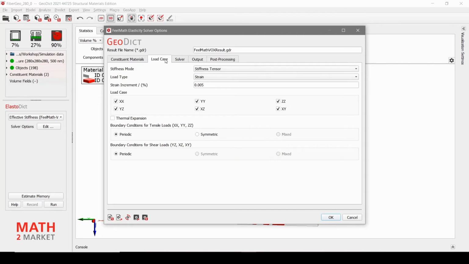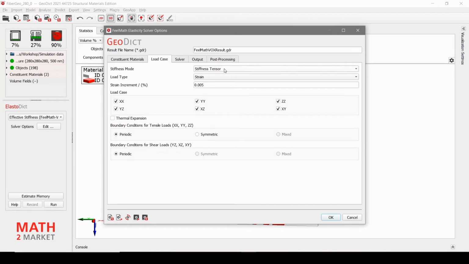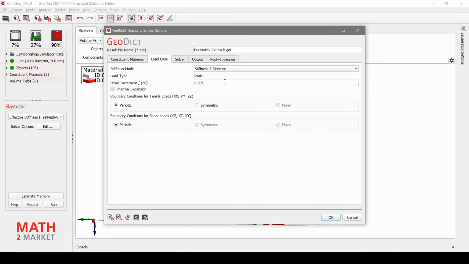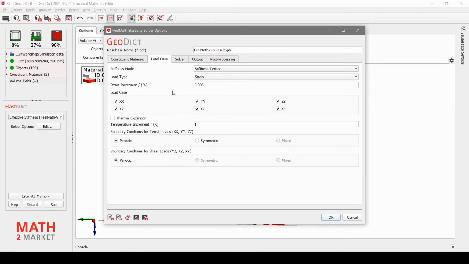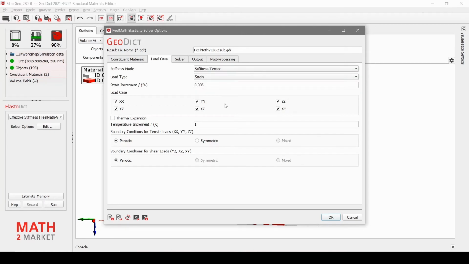What we want to do is simulate the stiffness tensor. If you want to simulate stiffness only in one direction, please use stiffness in X, Y, or Z direction, and do not just activate one of those, because this will give you the more accurate result. But we want the full stiffness tensor.